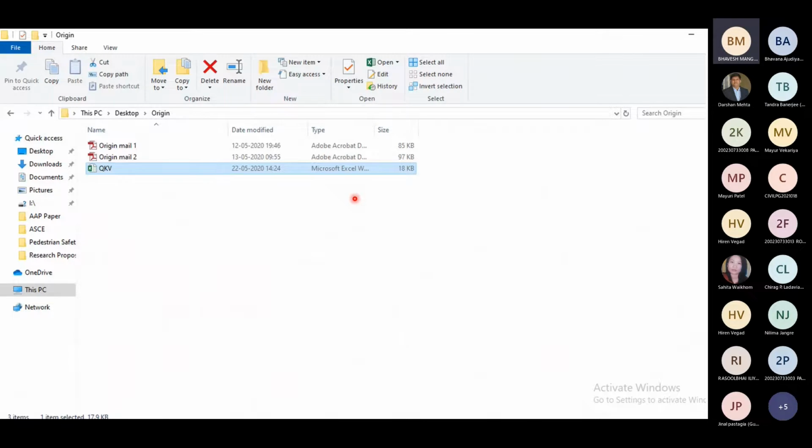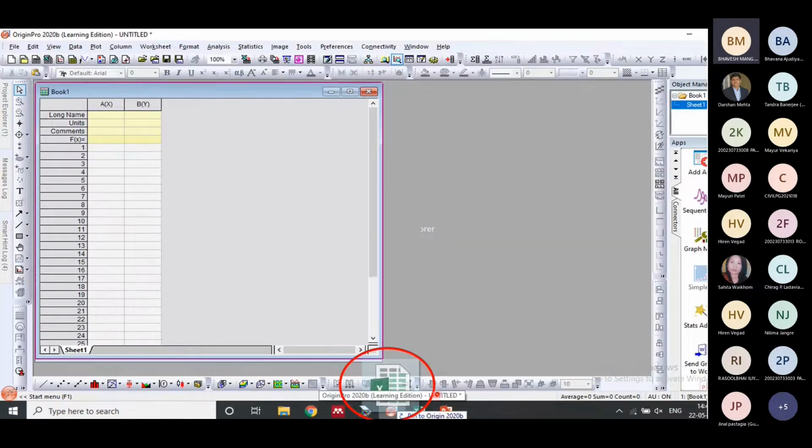One more option of importing data is there. Here you have to select the Excel file which is there at your particular location. Then you have to select it and drag it. You have to drag it and bring it here, and when you leave it here,